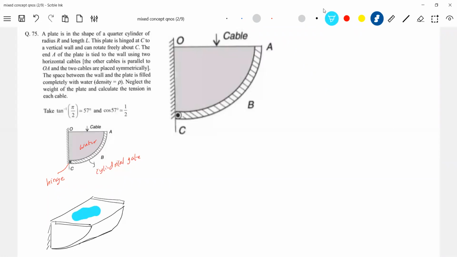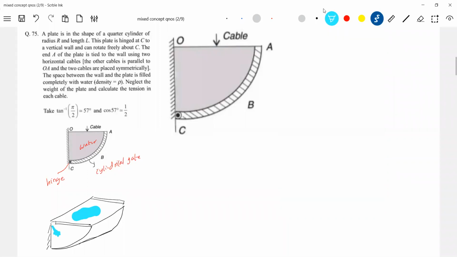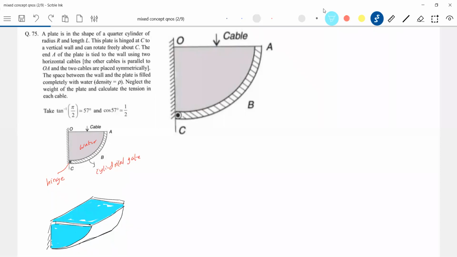I'm trying to help you with imagination. What actually is the problem? At least after a teacher shows a diagram, you should be able to think. You take a Bisleri bottle. You can construct this using a Bisleri bottle. Cut it and remove three-fourths of the part along the axis. The blue color is the liquid. Okay, now you see it contains the liquid, and those two are the cables.